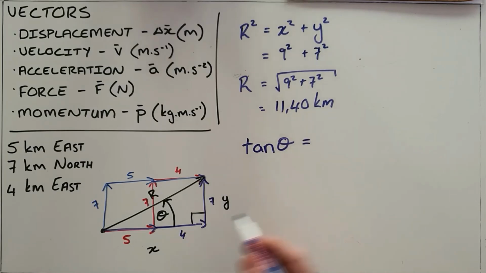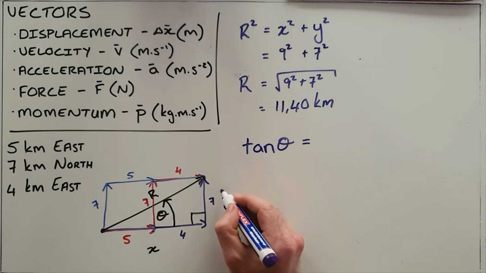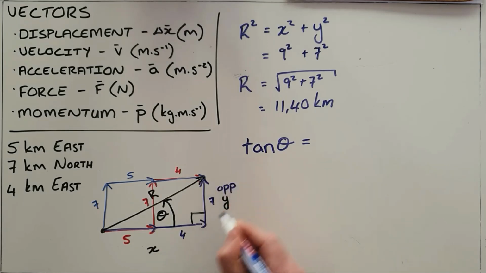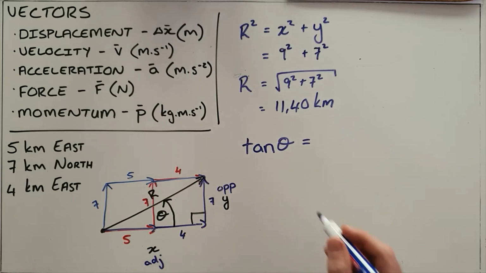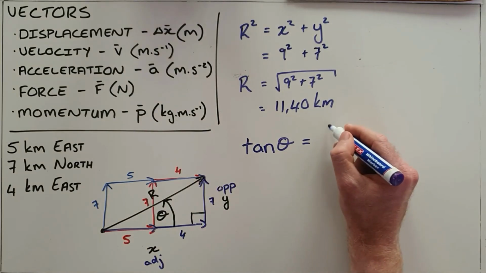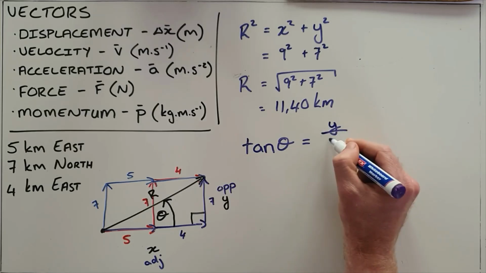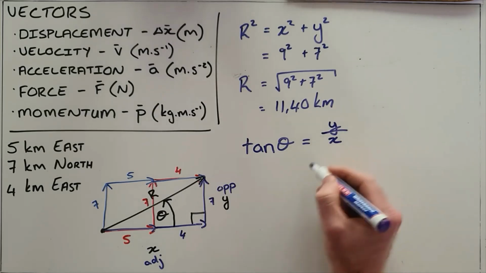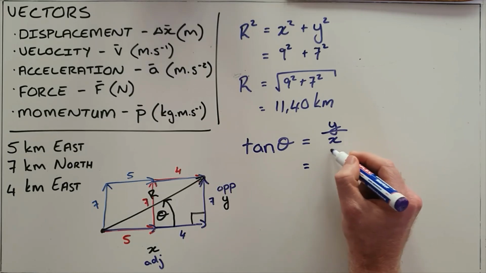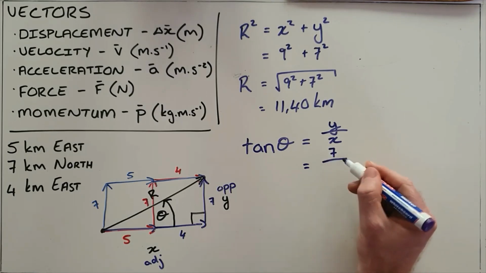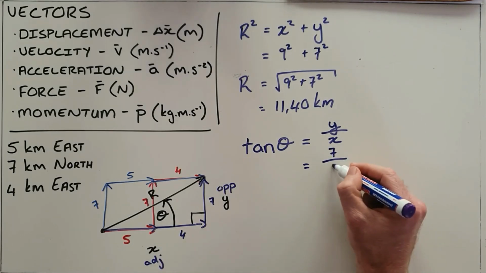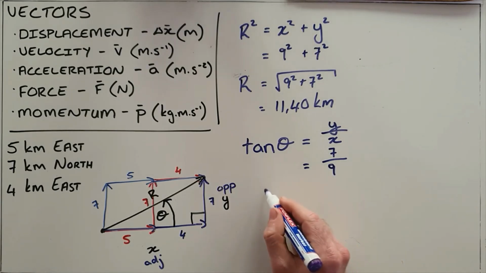We know that tan of theta is always equal to the opposite side of the triangle over the adjacent side of the triangle. In this case, that is the y component over the x component, and we can substitute our values. The y component we determined was 7, the x we found was 9,